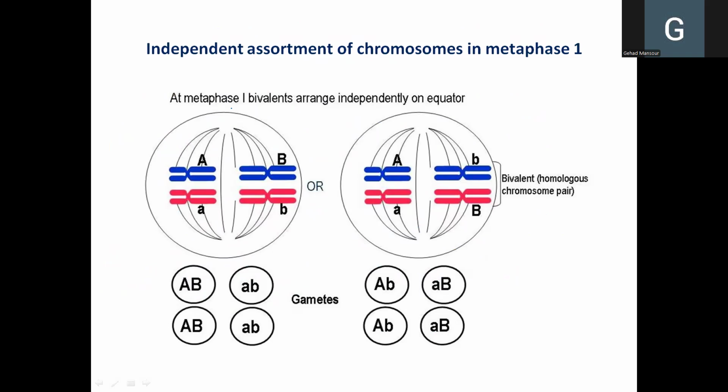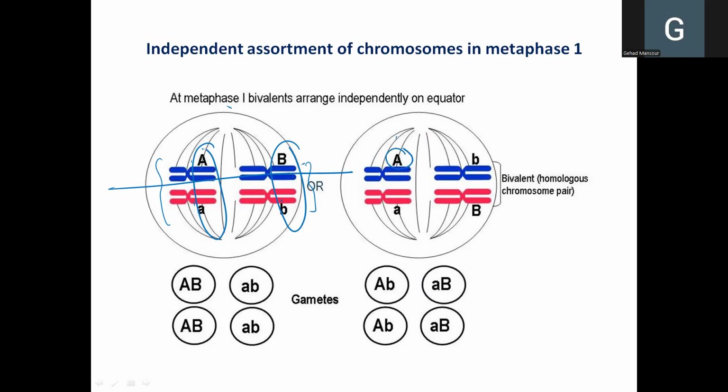For example, this is the plant being hybrid for the first characteristic and hybrid for the second characteristic. So we have a homologous pair of chromosomes here and another homologous pair. Here the equator is horizontal, so they can arrange like this. The paternal chromosomes are the blue ones, for example, the maternal chromosomes are the pink ones. So you can have